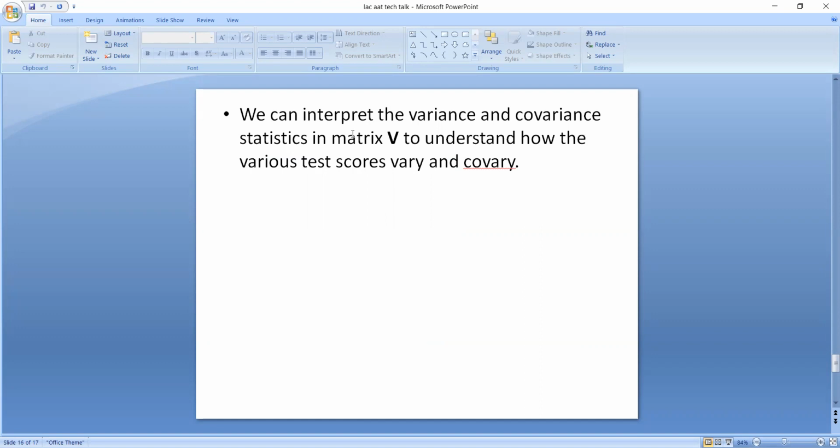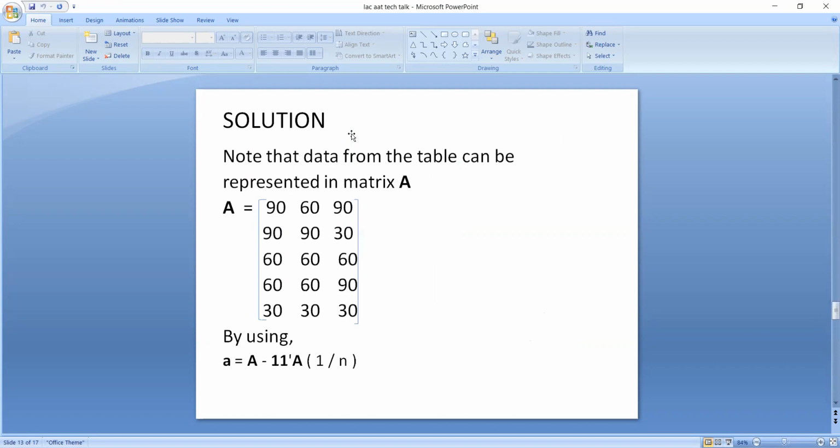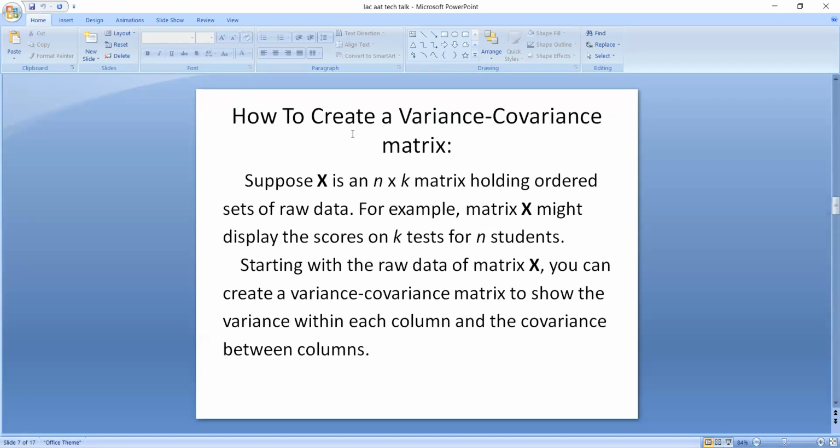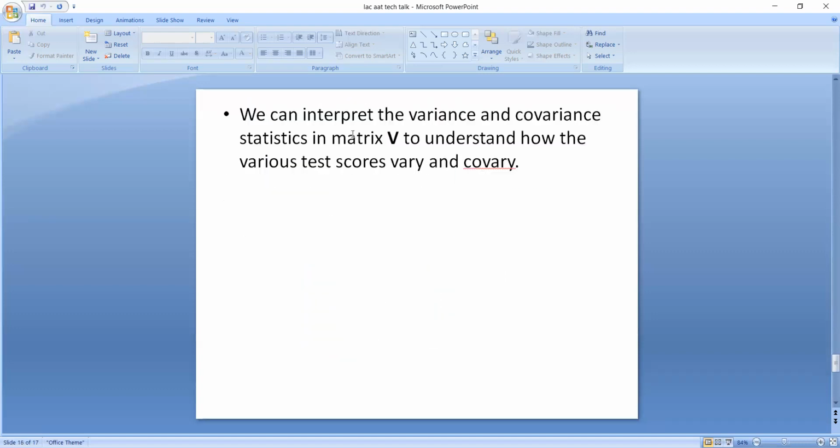In mathematics, the mean, median, mode, or other processes such as the variance and covariance matrix are all used for getting the average scores or the approximate or correct value of the raw data which we have obtained. So the variance and covariance matrix is also useful in that way. This is an example problem, and this is the explanation of it.